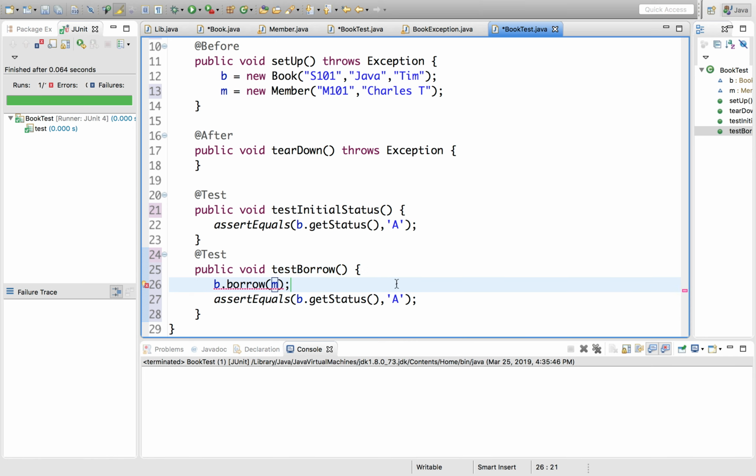So B dot borrow, I have member M here, I can call B dot thing. So what do you think the status should be after I call, sorry, that's correct, B dot, let's look at